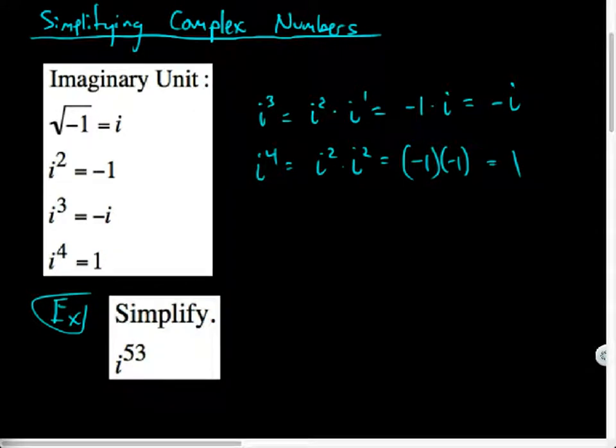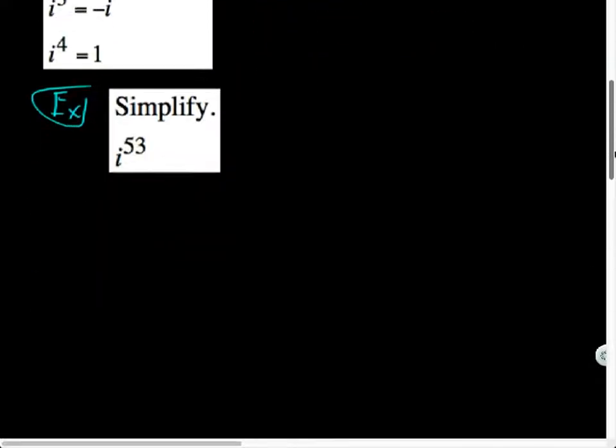Now I could try to break this up into a whole bunch of i stuff, but I'm going to show you the best way to do this, which is often breaking these down into as many i to the fourths as possible. Why do I like i to the fourth so much? Because it's equal to 1, and 1 is an amazing number to do multiplication and exponents with. In fact, it's probably the best. So i to the 53rd, for instance,